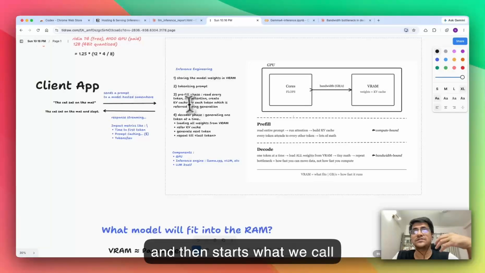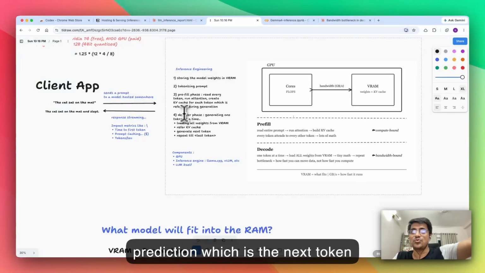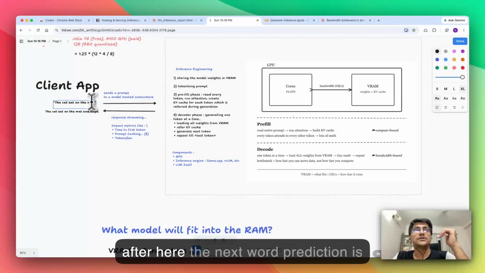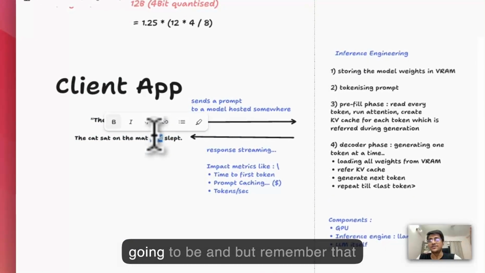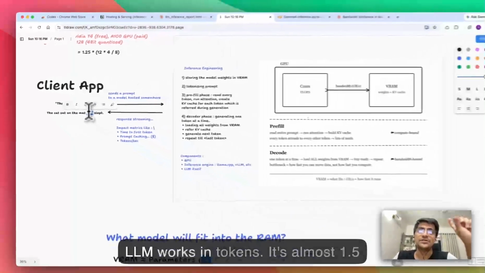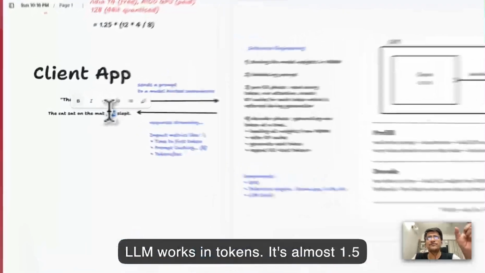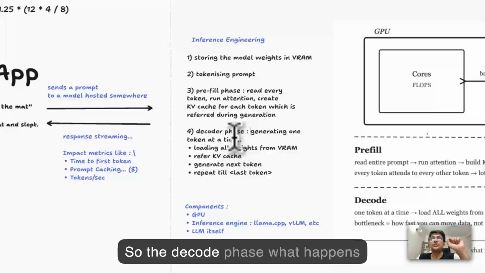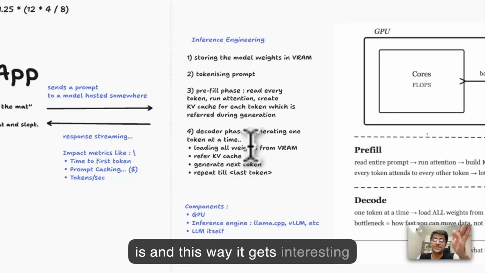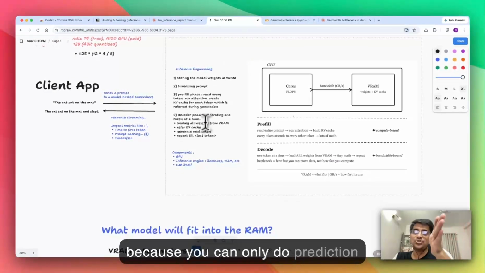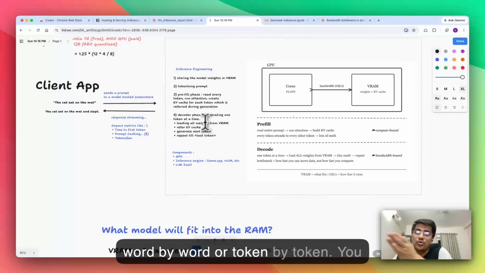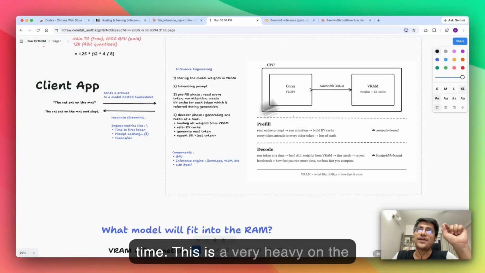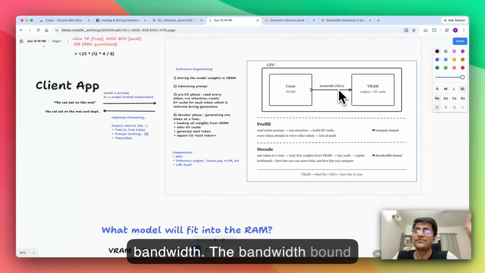And then starts what we call prediction, which is the next token generation, or the next word prediction. So after here, the next word prediction is going to be "and". But remember that LLMs work in tokens, so almost 1.5 tokens per word, and not in English words. So in the decode phase, and this is where it gets interesting, you can only do prediction word by word or token by token. You cannot generate like 10 tokens at a time. So this is a very bandwidth bound kind of phase